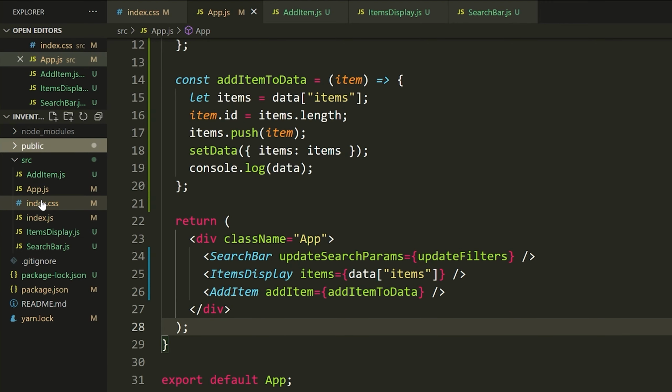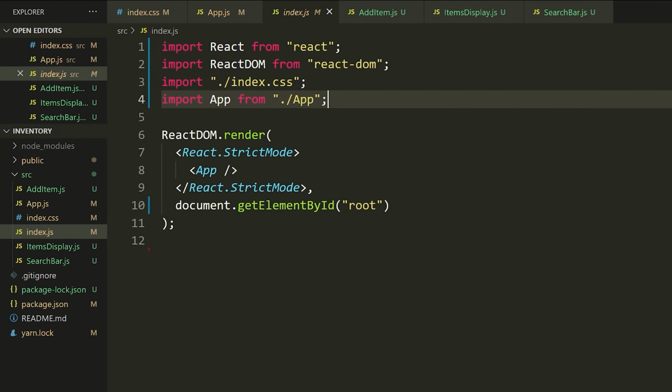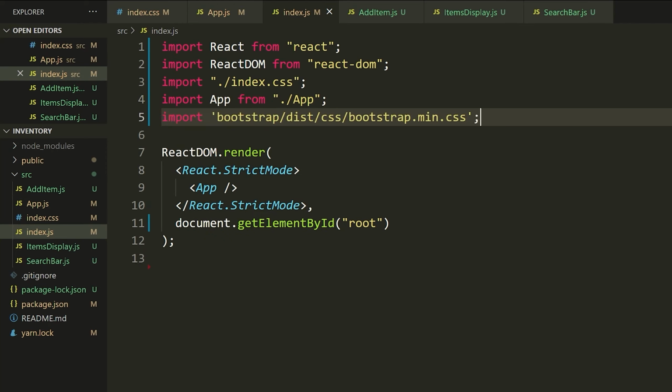So what I'm going to do is go inside of index.js, and I'm going to start by globally importing the style sheet for Bootstrap. So the way you do that is you type in the following line. I'm just going to copy it in. You guys can pause and write it out yourself. You're going to import